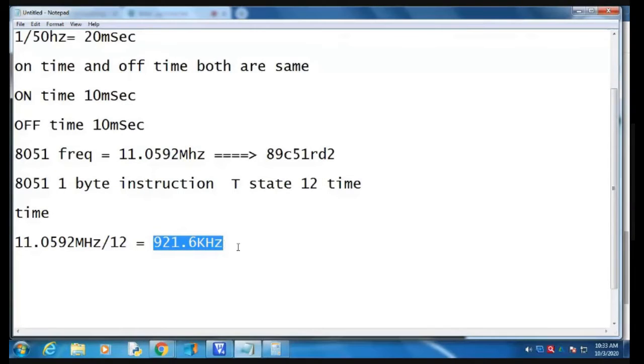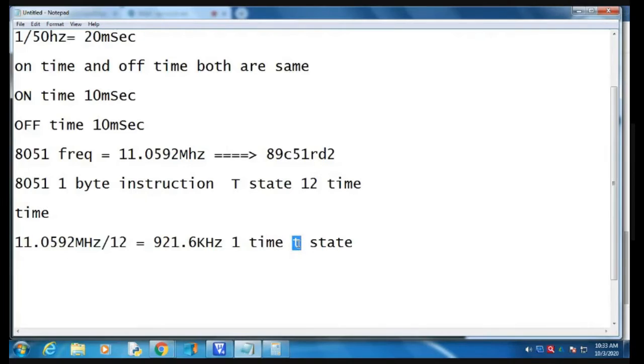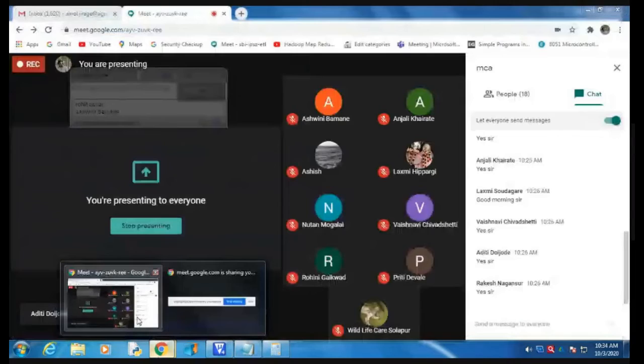This is the frequency we get for one T state. Are you able to understand this part? Yes, sir. Okay, fine.